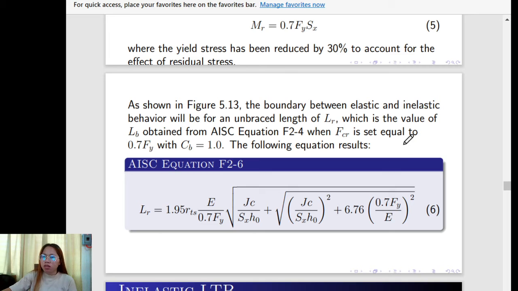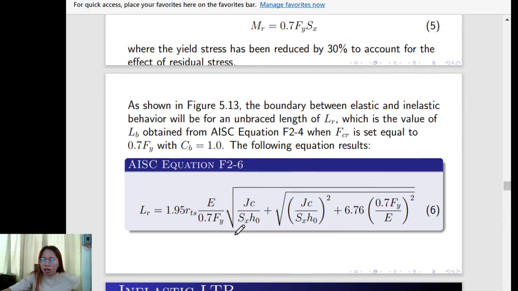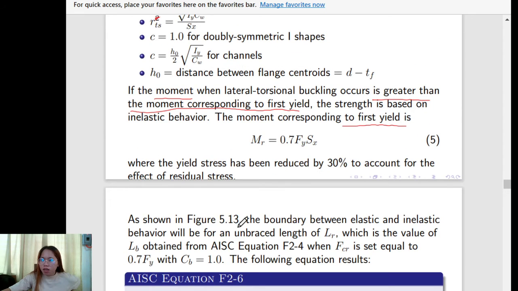The following equation results. So L sub r is equal to this formula, no? A very complicated formula. 1.95 r sub ts times E over 0.7 Fy, because the M sub r,